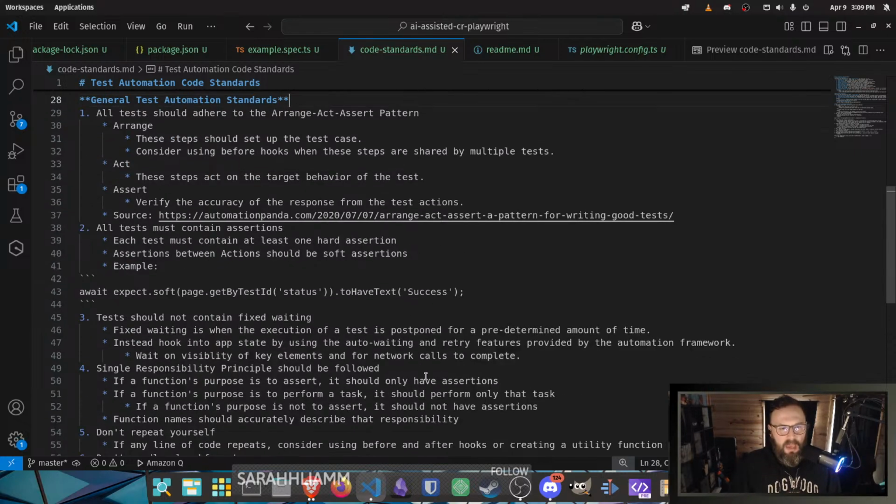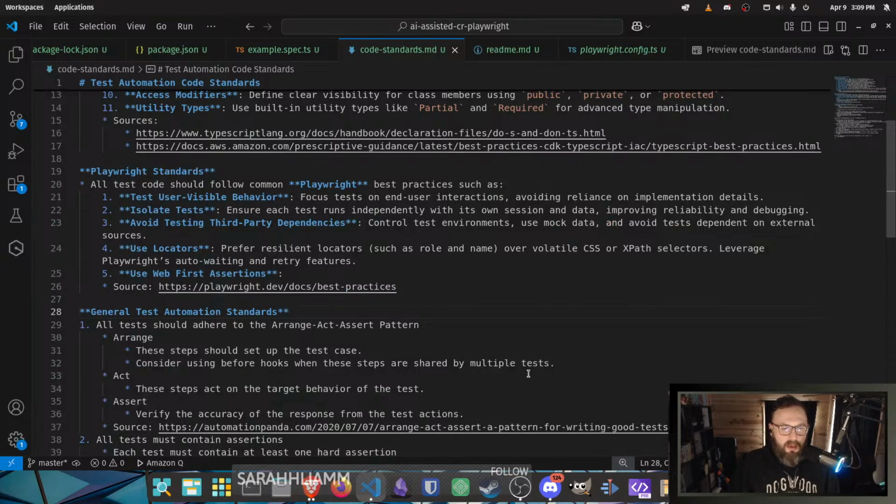One of the things that I want to admit, I used ChatGPT to summarize some of these sources, and it did a poor job. So that's where we're going in by hand now and pulling out the best parts. I shouldn't say it did a poor job. I'll say that it wasn't as precise and complete. It did a fairly good job summarizing these first few, and then it kind of fell off with the use web first assertions. It kind of fell flat there. What I mean by that is in this Playwright best practices document,